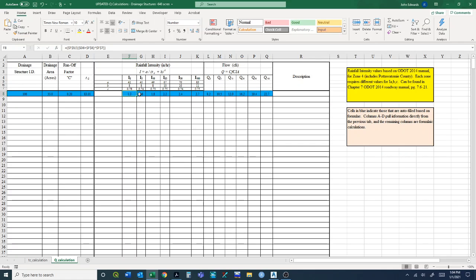These equations down here are calculating the I value. It takes this time of concentration versus the specific A, B, and C values for each return interval, and calculates the I. Now we can come in and these will automatically calculate the Q values. It takes into account the C, which is here, the I, which we calculated using our time of concentration here, and the A value. And then the C of F is incorporated